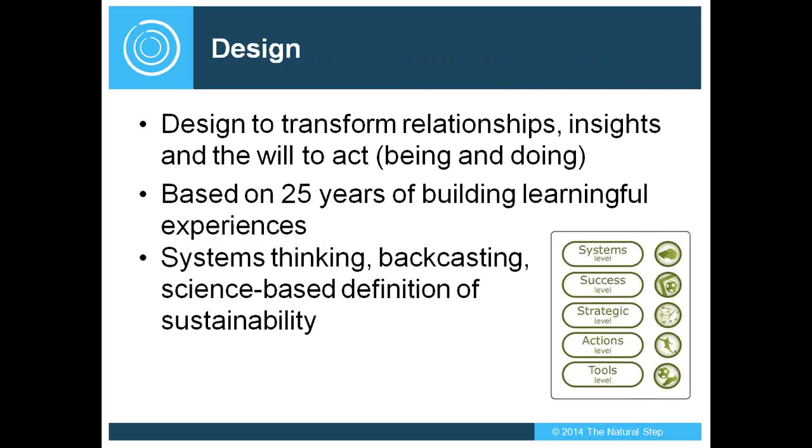And it's about having really great or strong design, and Chad was alluding to that earlier. Design meaning designing a process that allows people to transform their relationships with one another, as you've heard me say already, transform their insights of the system and of one another and of themselves, and transform their will to act collaboratively, collectively, not just having another task list to do, because we're all great at having those task lists, but also being a bit differently within that system, connecting differently within that system.